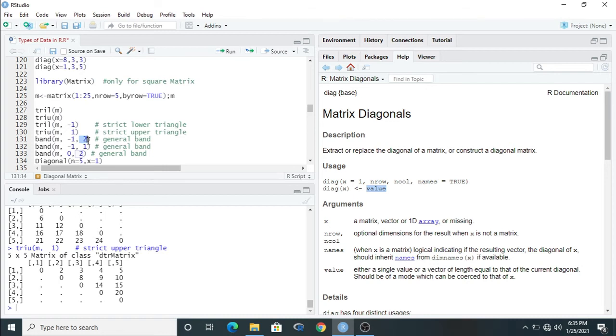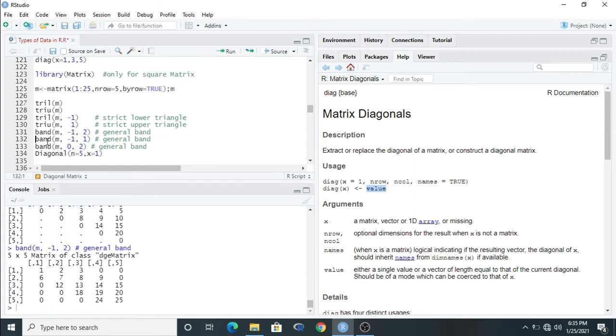Just run this. What happened? Minus is used for the lower triangle and it shows one row from the lower triangle including the diagonal and two rows from the upper triangle including the diagonal, which are nearer to the diagonal element. It ignores the next upper two elements.